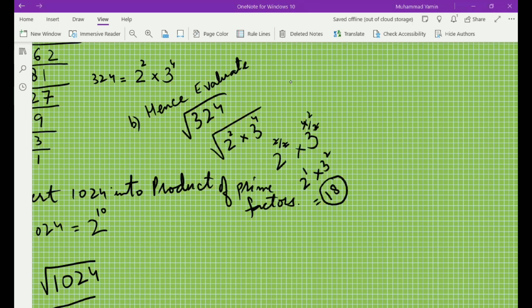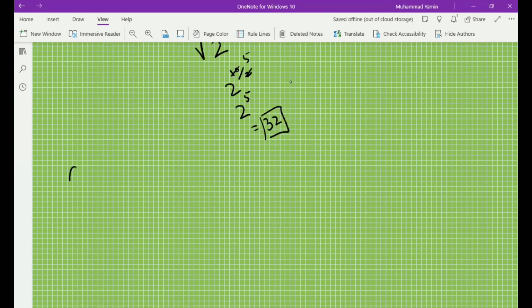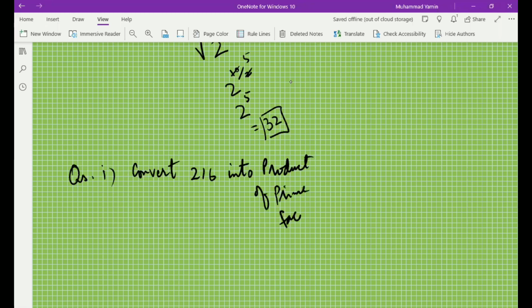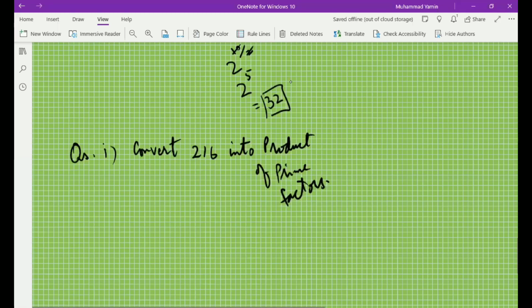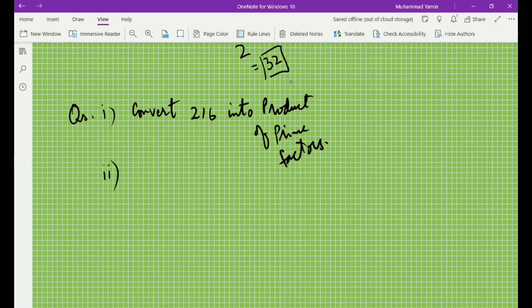Now, when the square root thing is there, the same type of situation is for the cube root. Just see. Another question. The first part, convert 216 into product of prime factors. And then the second part, hence,